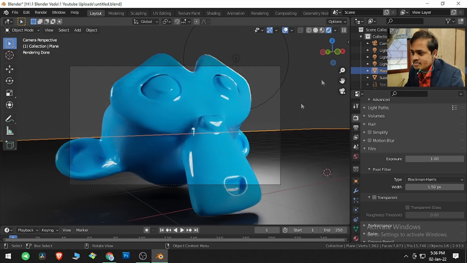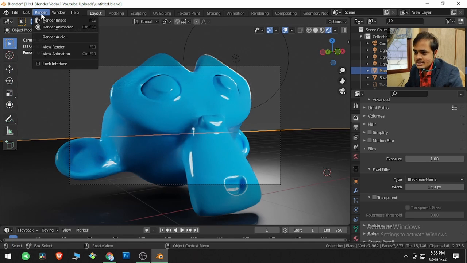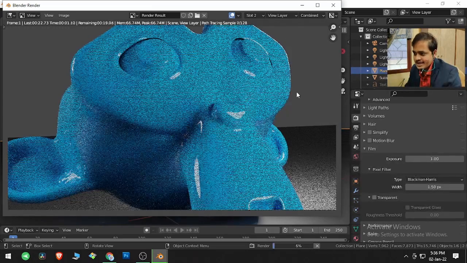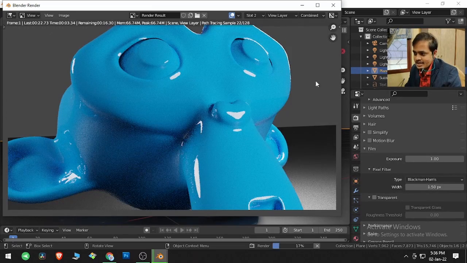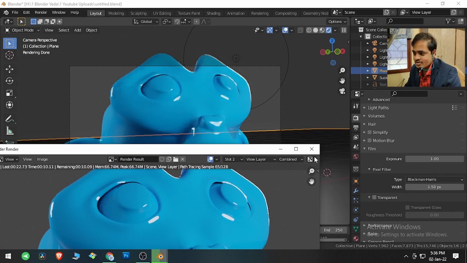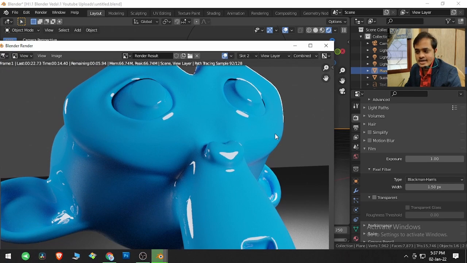And the next option is transparent. Now if you see, if I render this image, it is rendering this background as well, and we don't have anything in the background. And if I use this image and place anything behind it, this will not be visible.